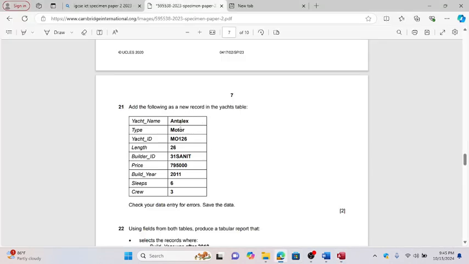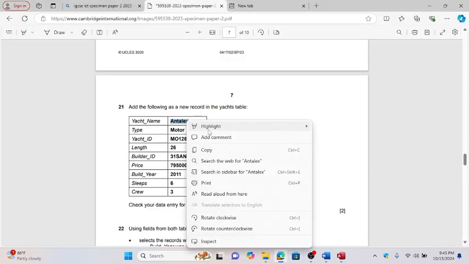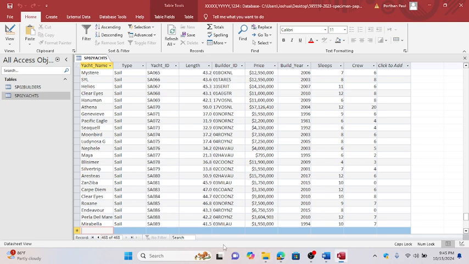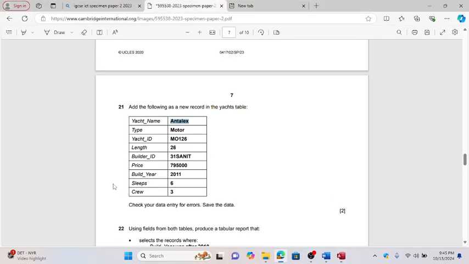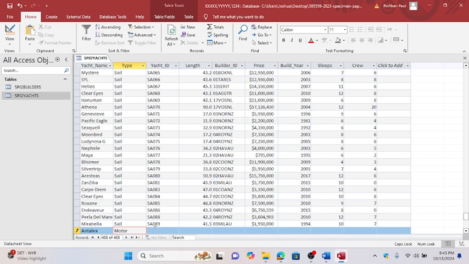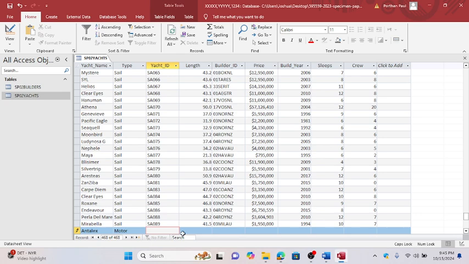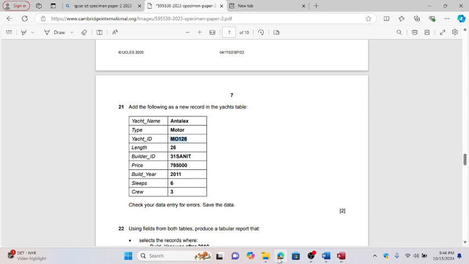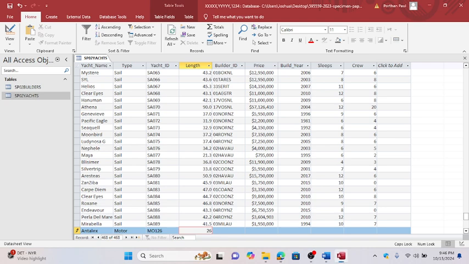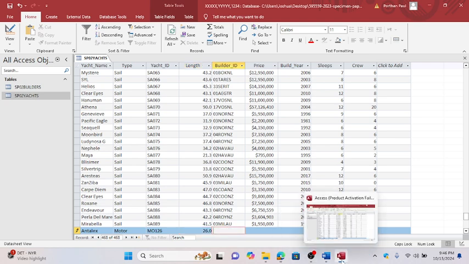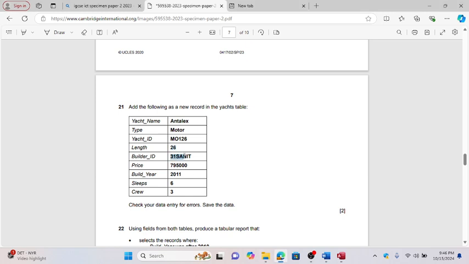So now we want to enter the data. So yard name they are given Antelex. So I'm going to type Antelex. Next they are given motor. So I'm going to type motor. Next, now I am copying, but in your examination you want to type yard ID is MO126, length 26, builder ID 31,